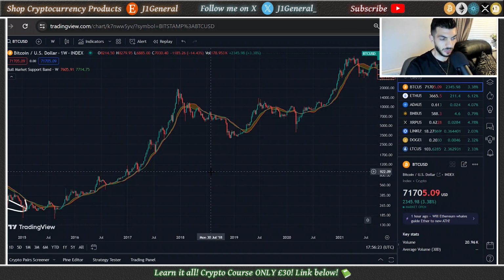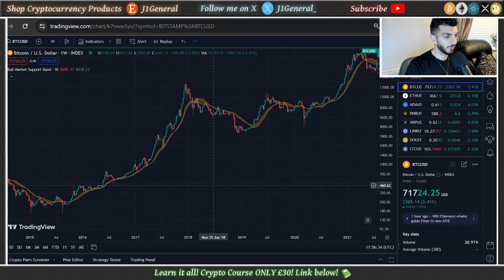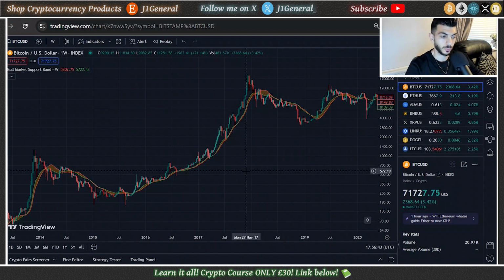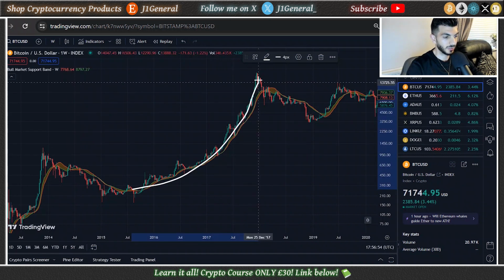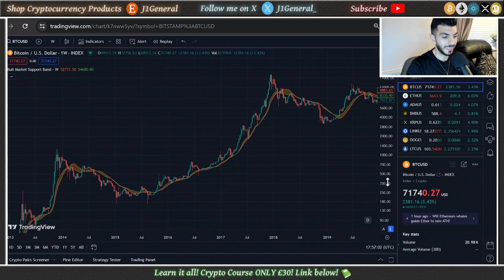And when it doesn't hold it as support, Bitcoin then goes into a significant downtrend where it drops at least 30 to 60%. You need to keep that in mind. On the other hand, there are prior examples where Bitcoin does go on a parabolic rally and it does backtest the bull market support band as support multiple times to prove that it is worthy of being in a bull market. Years that spring to mind were 2016 and 2017, where Bitcoin essentially just went into an exponential bull market, and throughout those 2 years, Bitcoin backtested the bull market support band on many occasions.